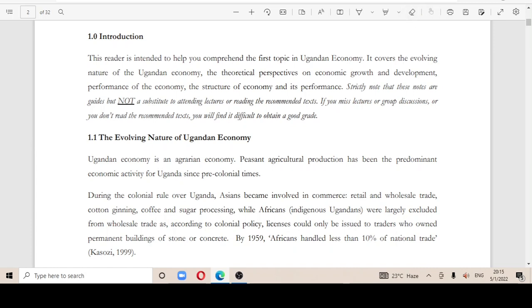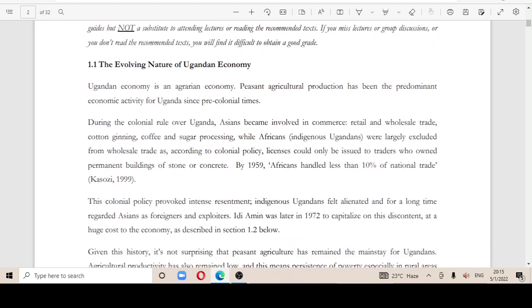So starting off with the evolving nature of the Ugandan economy. You may ask yourself, what is an economy? An economy, you can define it as the circular flow of income and expenditure. So beginning off with the evolving nature of the Ugandan economy,